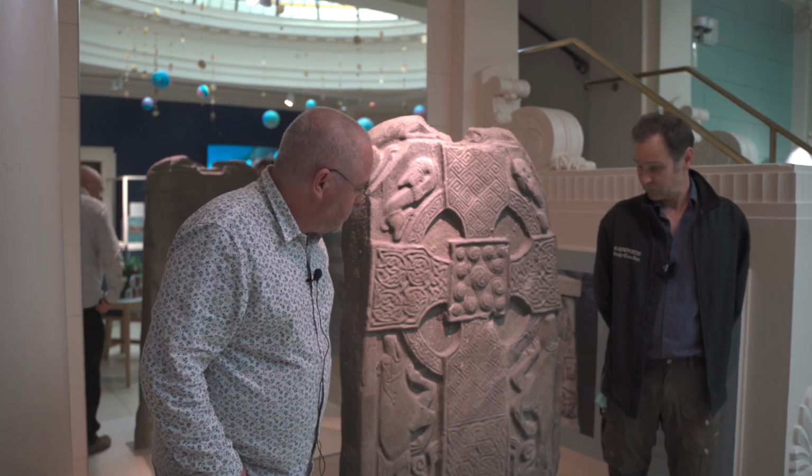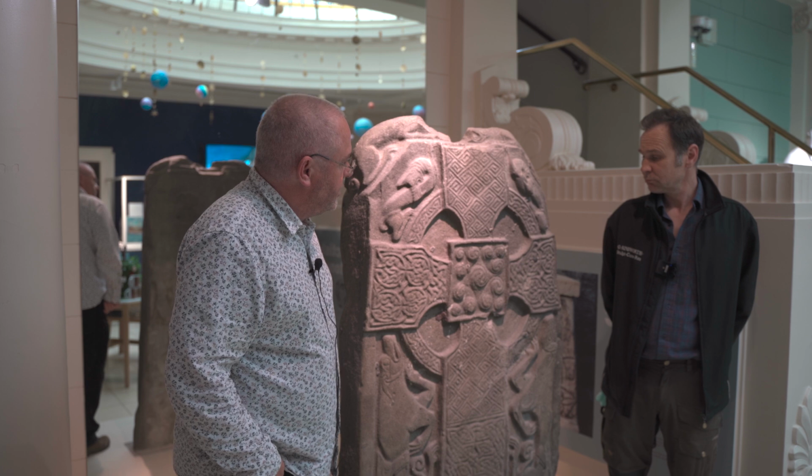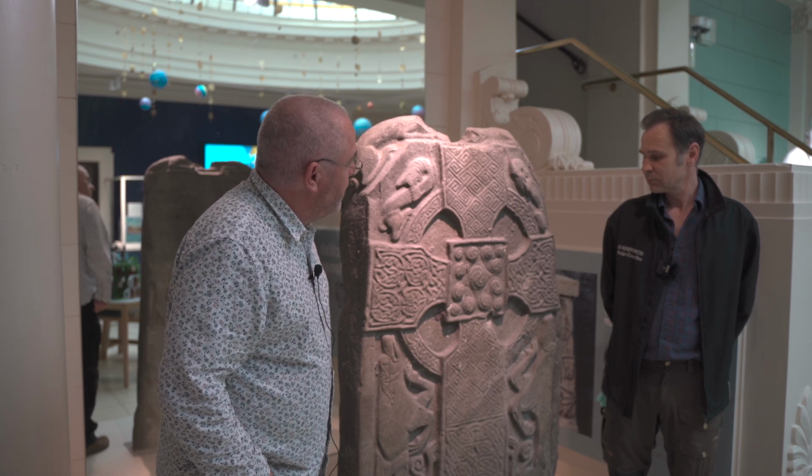Brilliant. Thank you very much, Ian. We'll now move through next door and have a look at the St Madoes cross slab. Okay, Ian, we've come through to one of our other magnificent treasures, a piece of Pictish sculpture known as the